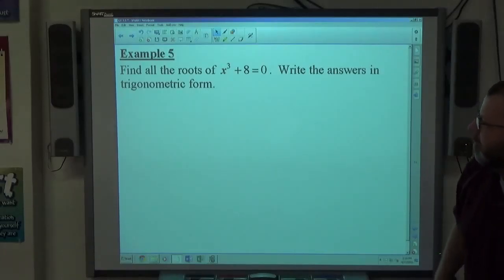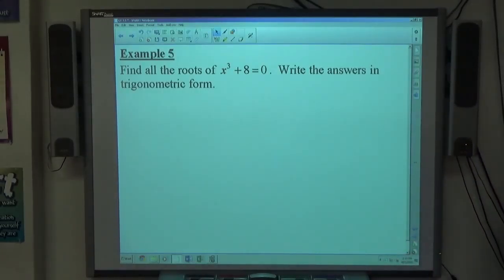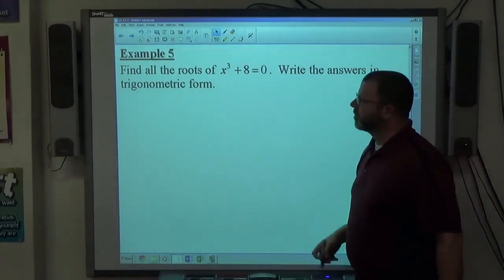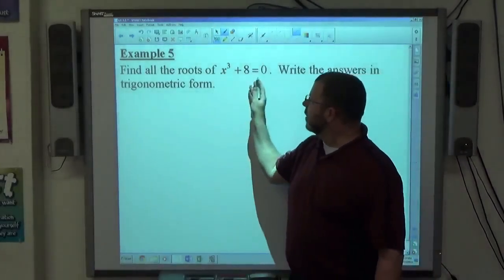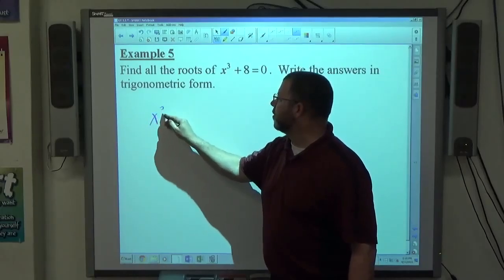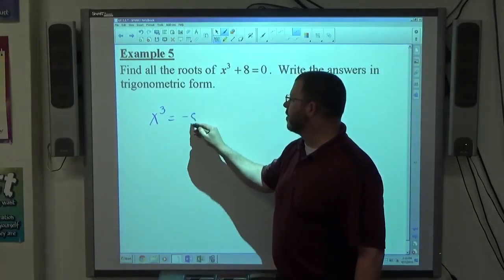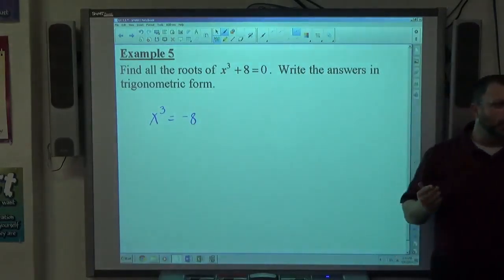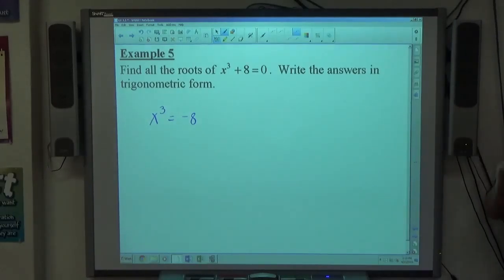Okay, example 5. Find all the roots of x cubed plus 8 equals 0. Write the answer in trigonometric form. So, if you take a look at this problem, x cubed plus 8 equals 0, that means x cubed equals negative 8. In order to be able to use DeMoivre's theorem to solve an equation of this variety,